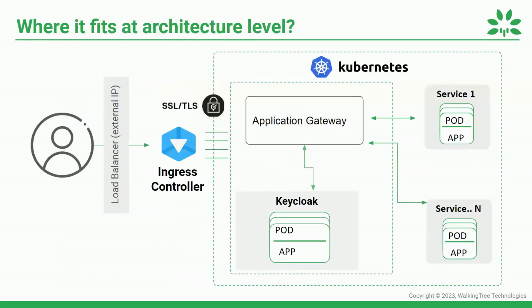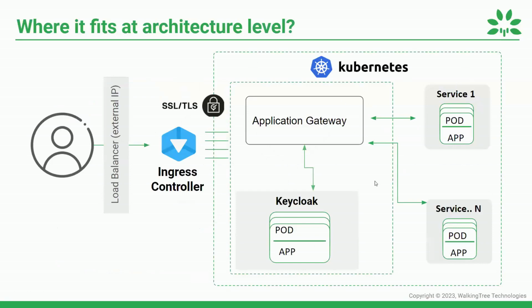And finally, where Keycloak comes in your enterprise application development. Again, here I've taken just an example of microservices architecture with the Kubernetes orchestration tool. But again, it can be integrated with any kind of architecture as well. But as microservices with Kubernetes is a popular combination nowadays, I've just taken an example where you can see,